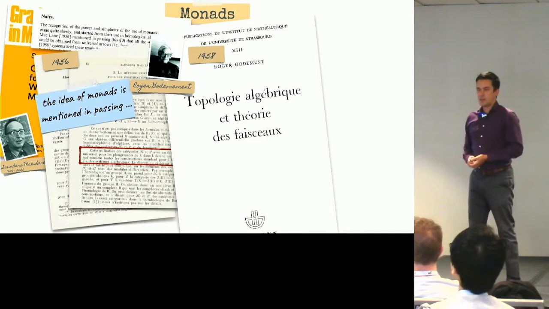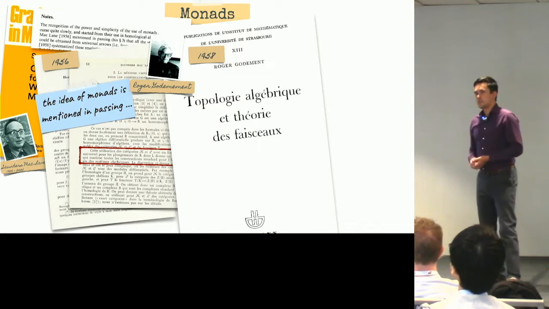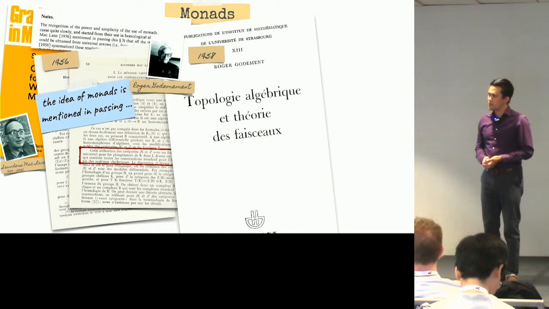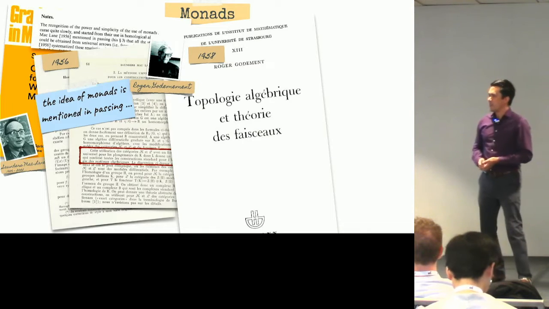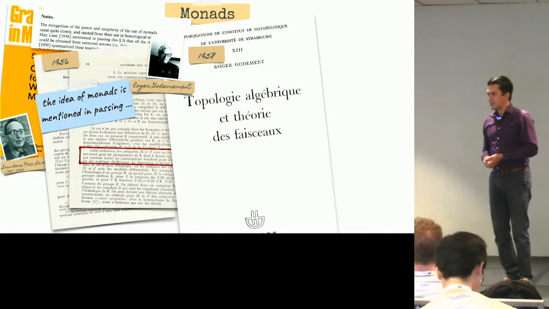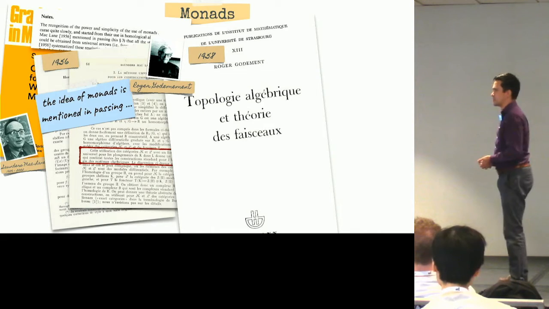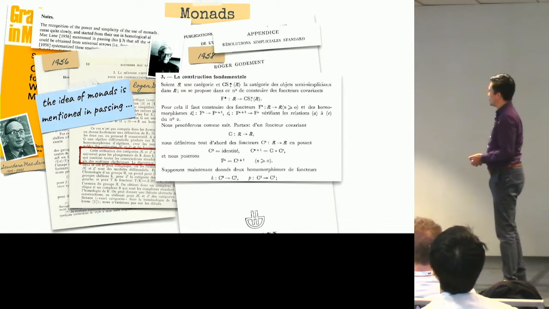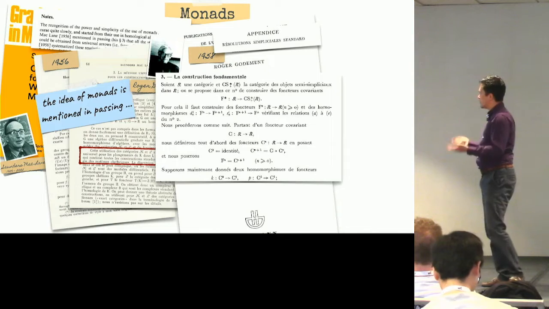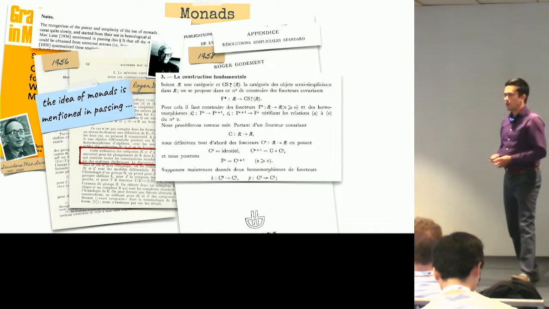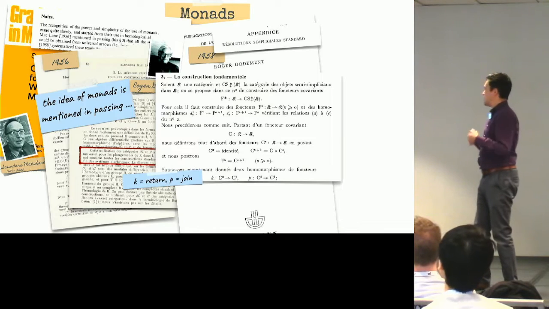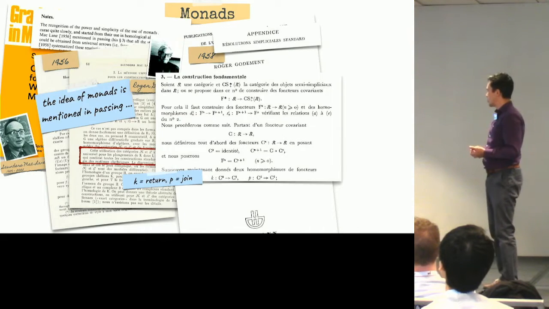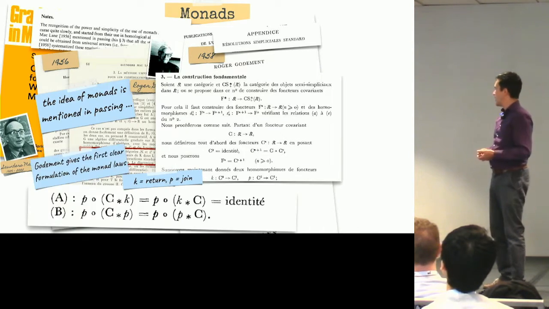And if you look at that paper more carefully, you will spend hours, perhaps days, going through a whole bunch of French mathematics and find that after 260 pages, monads are not mentioned anywhere, except when you get to the appendix. And you think that's why this is the reference, because in the appendix, Roger Godement has these statements where clearly this is monads, right? So basically he has a definition of K being return and P being join hidden away,